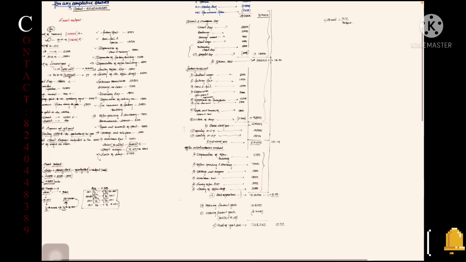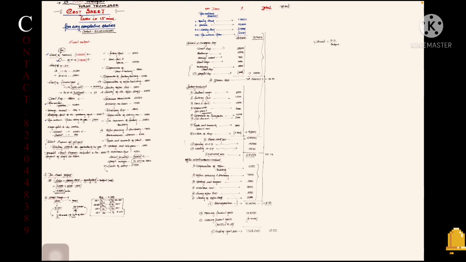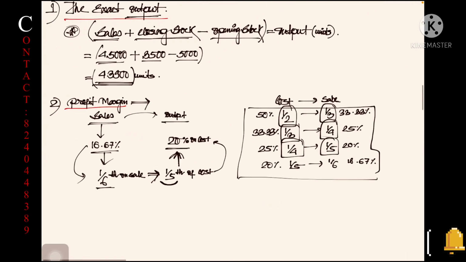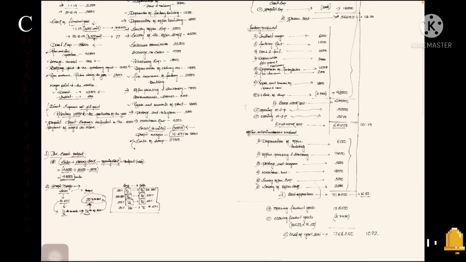Almost we did the final discussion of the cost sheet. I hope you understand how to calculate the cost of goods sold. And now you have to just add the selling and distribution overhead, and then after this you are going to get the cost of sale. If you just charge the profit percentage upon it, you can get the total cost. To make it short and simple, I hope I am making sense to everyone about how to calculate the cost sheet following this particular technique.